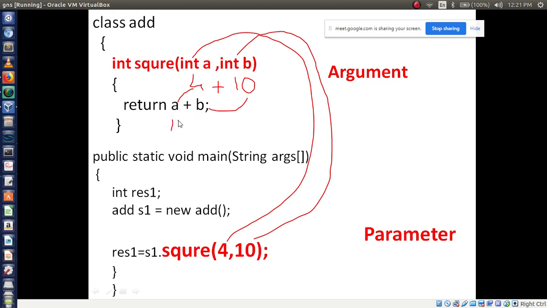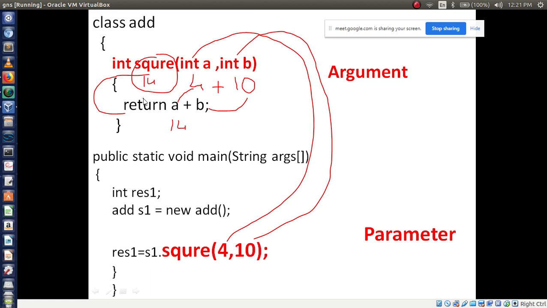14. So I am not going to print 14 here, yes or no? So what am I writing here? Return 14. Return 14 means it will return 14 to the square function. So this square function has the value how much now? Answer is how much? 14. Now come to this line.